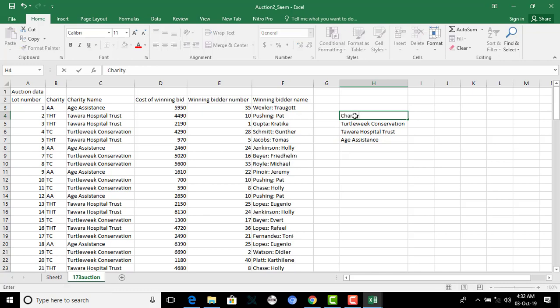These are my charity percentage income. So I could use over here